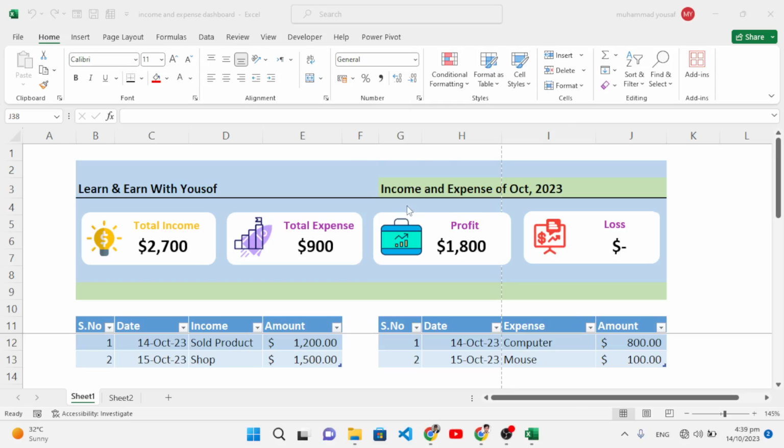Hello everyone, welcome back. In this video we will create an income and expense dashboard in MS Excel. So this is a sample, the demo that we have. We have already created it, so now we will create something like this for our expenses and income